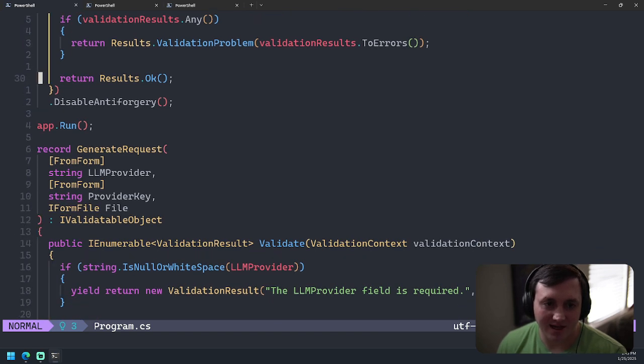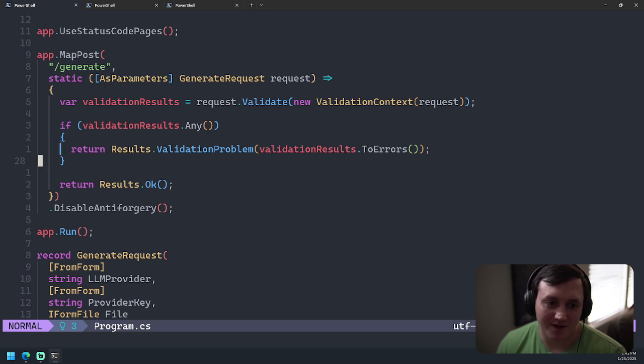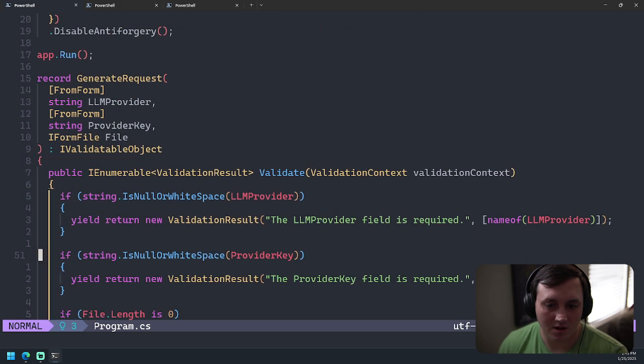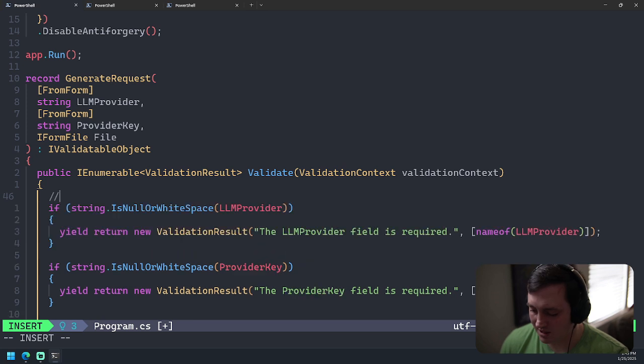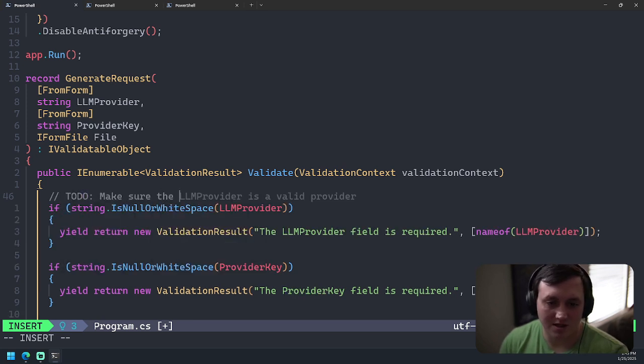We're going to validate it to make sure it has all that information. If it doesn't have that information, we're going to tell the person what information they haven't given us, and then otherwise we're going to return okay. So there's still a couple things we need to do here. We need to make sure the provider is a valid provider.